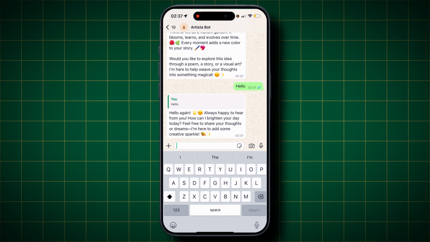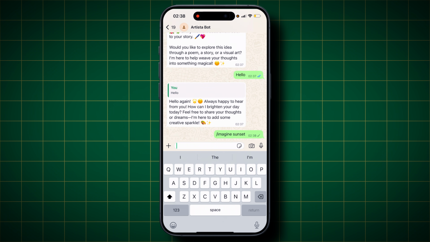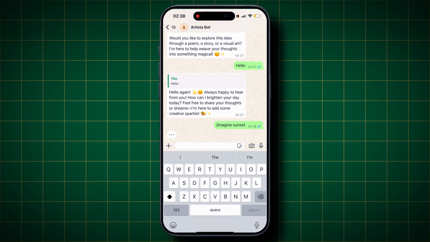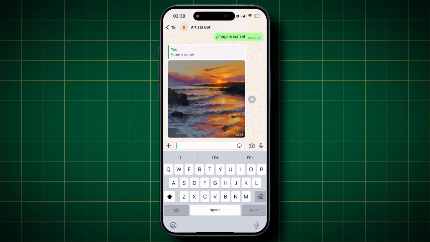Perfect. Now the image generation part: /imagine sunset. And this is an operation that I know takes some time as compared to the normal text chats. Let's send and see. Rather than just waiting for the image generation, the typing indicator is there as a placeholder, then the image comes, which improves the user experience. The user will always know that the bot is working in the background. This simple change dramatically improves the user experience.